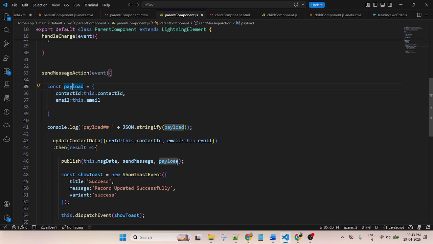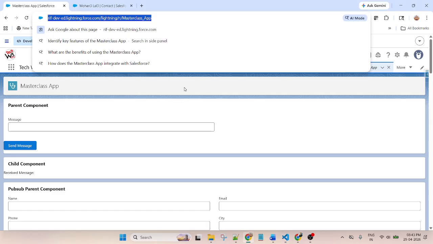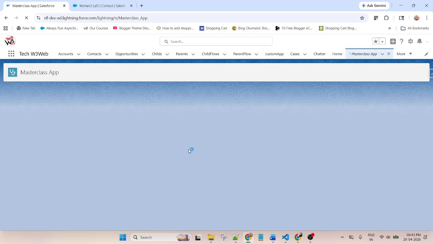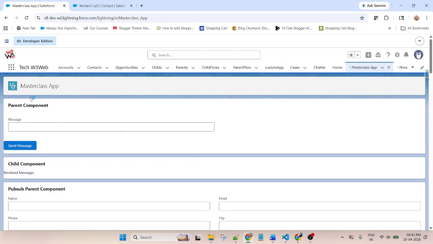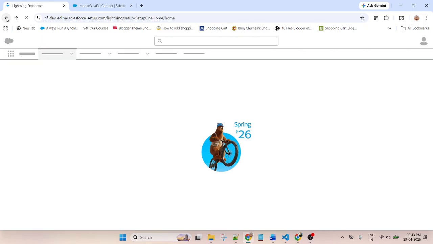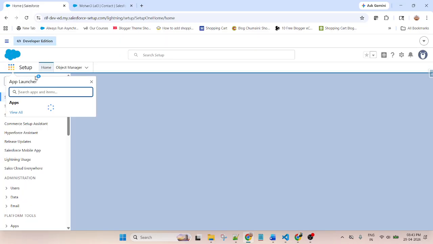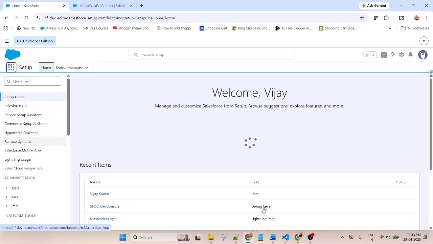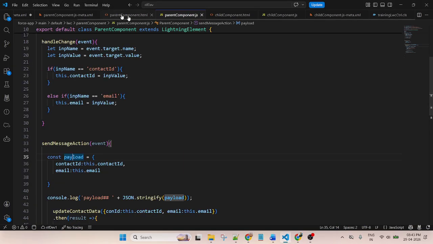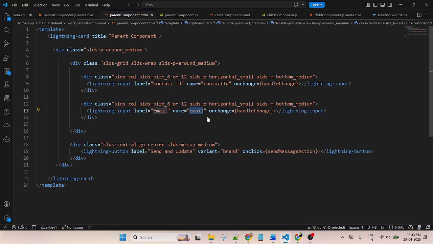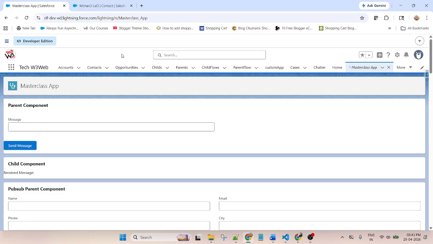This is an object that I am sending. In the parent component, I created two input fields, contact ID and email. So why is it not displaying the updated value? Why does it display the previous one?